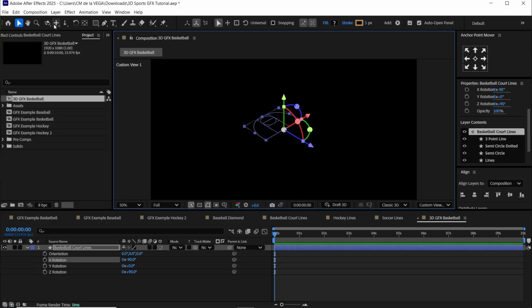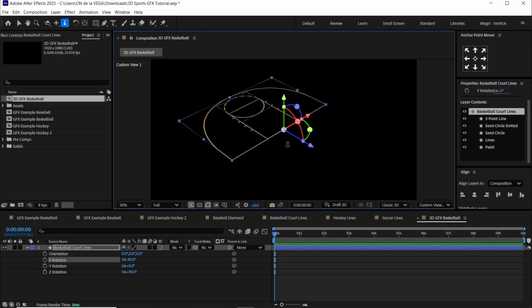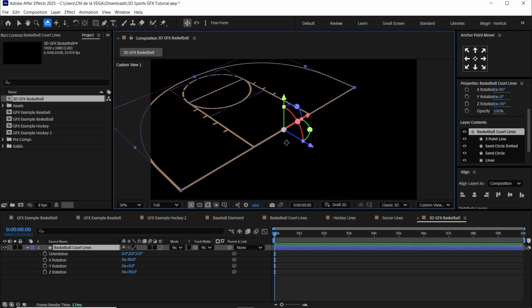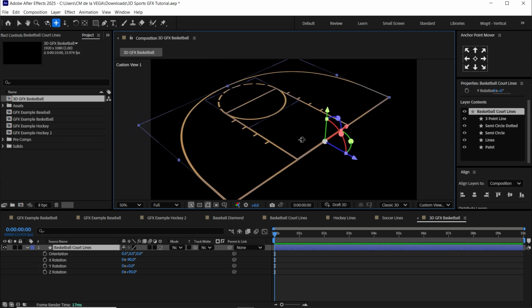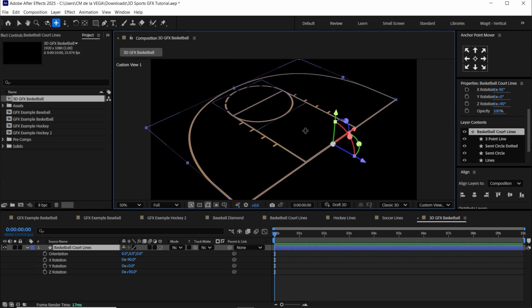And you can go to the camera tools right here. And you can also hit C on the keyboard. And if you hit C again, you can toggle through the different camera tools. Let's dolly in and let's hit C again so we can go to the pan tool. Okay, here it is. Now the next step is we need to change the render engine from classic 3D to